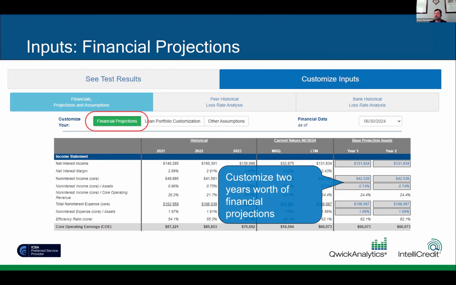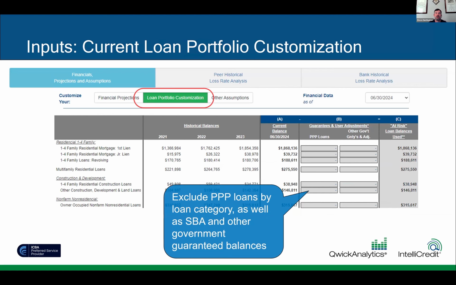On the next slide, we allow you to customize the loan portfolio. Since the entire point here is to estimate losses on the different segments of your loan portfolio, you want to think about any loan balances you have that are not subject to credit risk. If you have any government guaranteed, obviously that was hugely important a couple of years ago with all the short-term PPP loans. But really, any loans that have government guaranteed balances, if you have a sizable portion of SBA loans that are government guaranteed, you'll want to back out any government guaranteed balances so that we can really get a feel for your portfolio that is at risk or at credit risk.